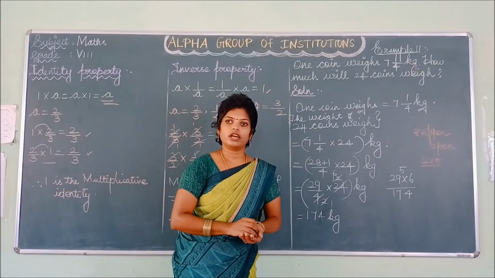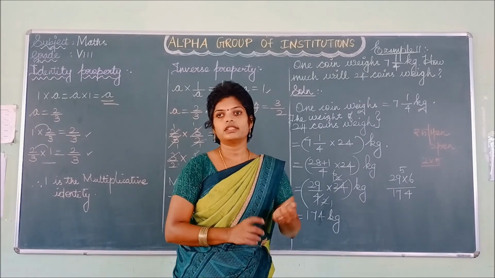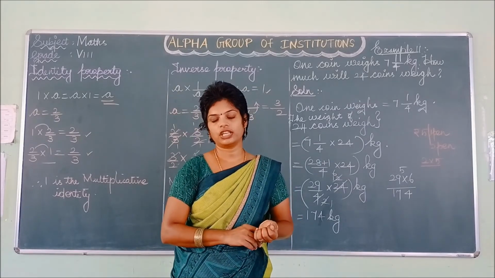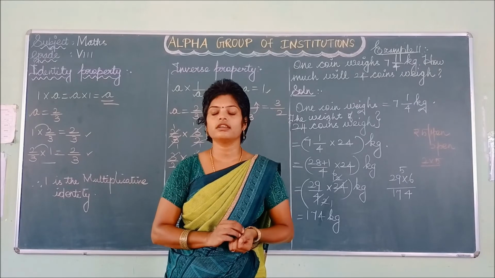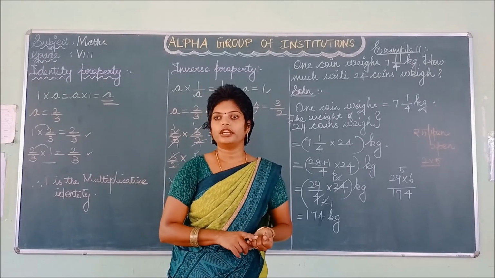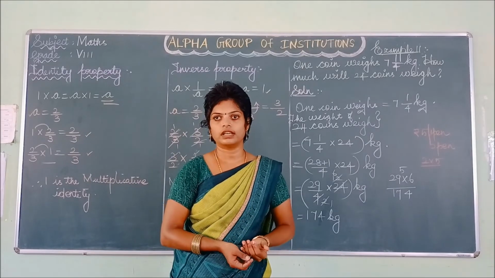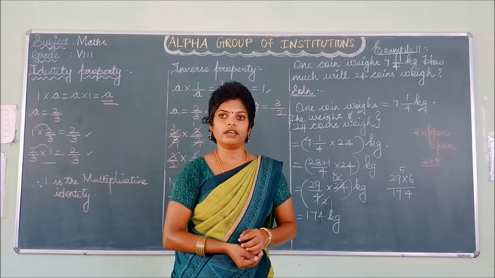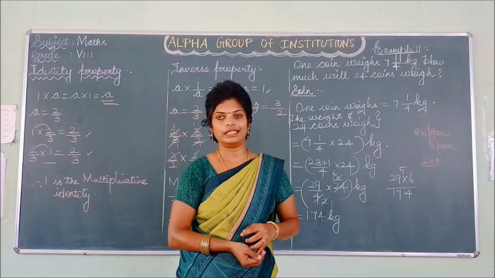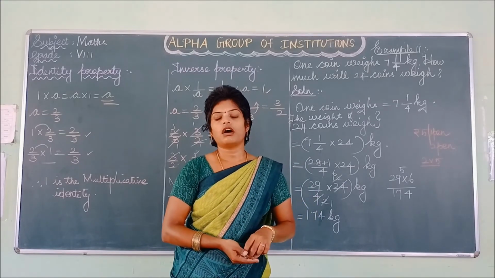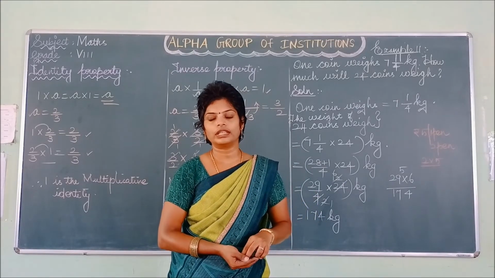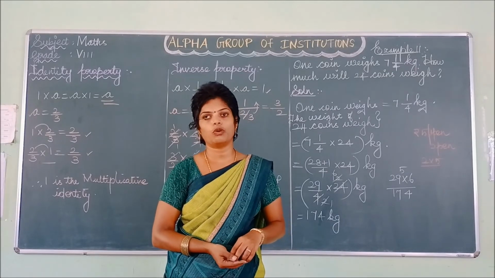So in this class we have learned about the properties of subtraction and multiplication. It contains 5 properties: closure, commutative, associative, identity, and lastly inverse. So you have to check each and every property by giving your own examples at home. And copy your classwork as well as homework neatly and send it to your respective WhatsApp group.